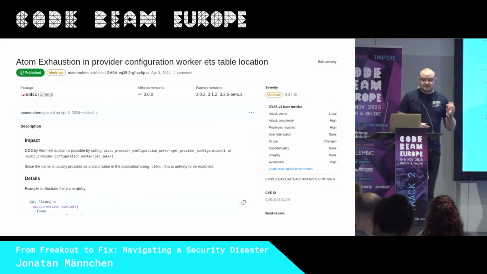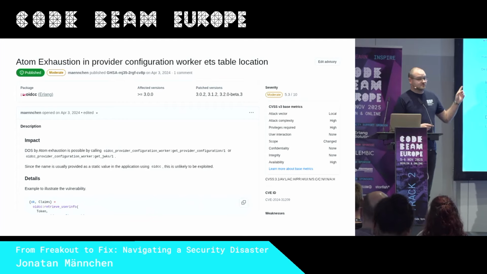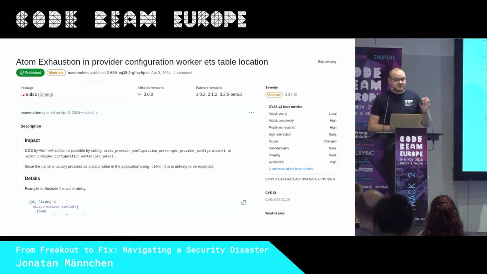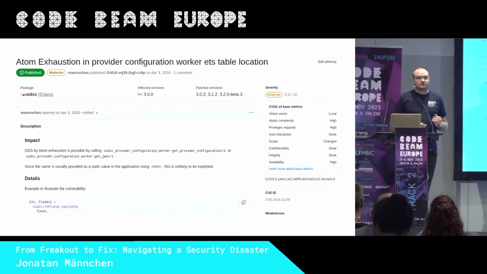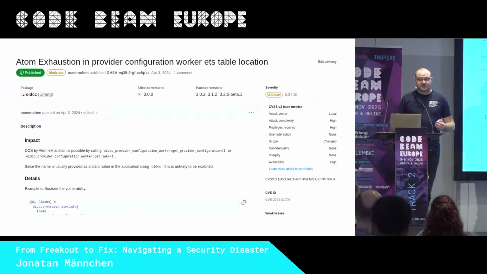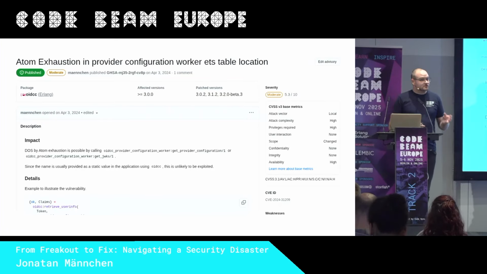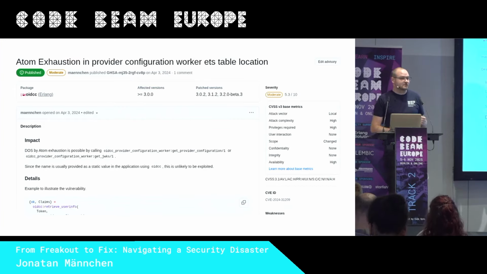If your project lives on GitHub, you have a built-in security advisory system at your fingertips. This is, by the way, also what OTP is using. Users and researchers can safely and privately report vulnerabilities directly to your repository without opening any public issues. Behind the scenes, you can draft advisories in private, collaborate with your team and the CNA and the reporter, and then publish when you're actually ready. Once published, all advisories for your project are centrally listed on the Security tab, making it easy for your users to pick up on them. It's a quick and low-friction way to give your users confidence that you're on top of security.